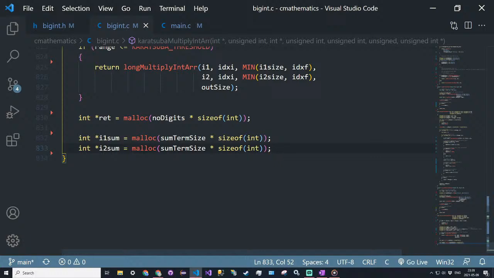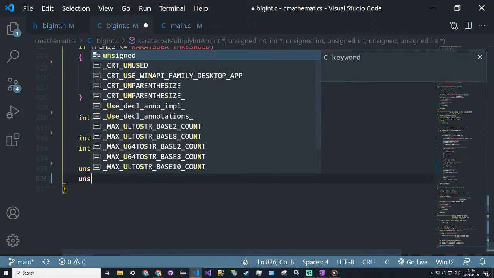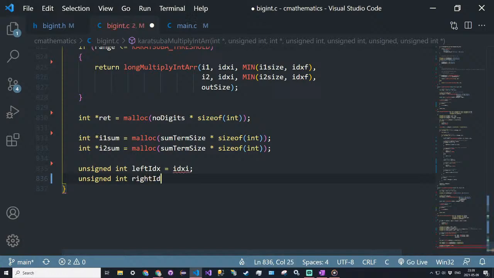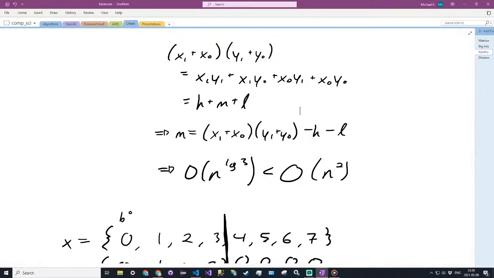These are both the same size. And then we're going to use parallel pointers to iterate through the two halves of both of our numbers. So we'll have an unsigned integer leftIdx equal to idxI, and an unsigned integer rightIdx equal to half. So when calculating the sum terms,